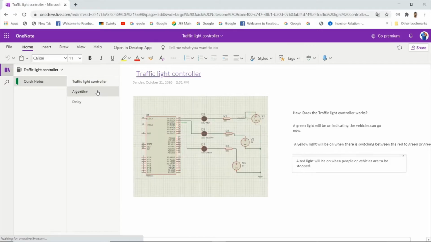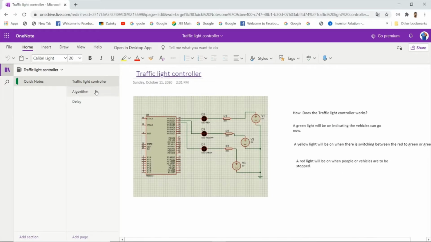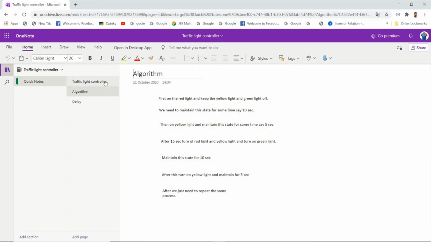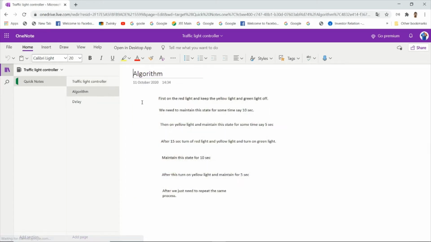Now let's see the algorithm. These are the steps we need to do in order to get this traffic light controller. So we are implementing it with the use of an 8051 microcontroller. Now these are the steps. First, the red LED is to be on, and we need to keep the yellow light and green light off, and we need to maintain this state for say 10 seconds, and then after 10 seconds